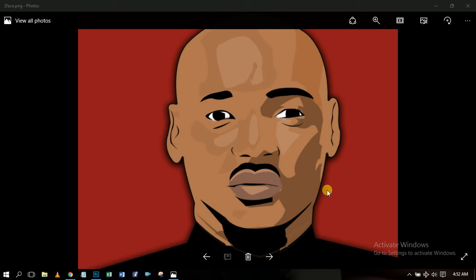I'm Kayode Leke, and in this tutorial I'll explain to you how you can convert your picture to cartoon. You can see that in this particular picture I've converted a picture to cartoon of a famous celebrity, and I'm going to show you step by step how you can